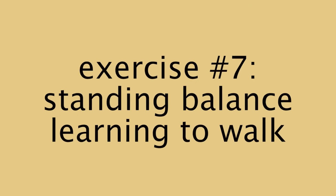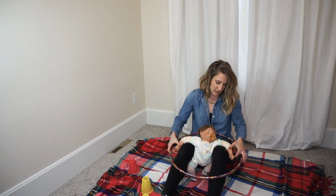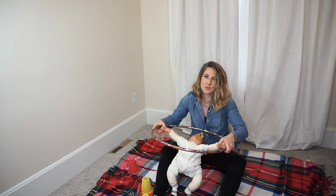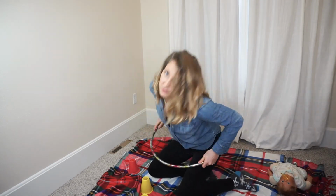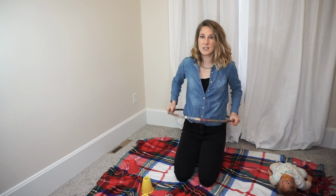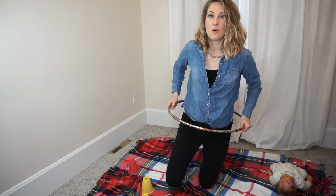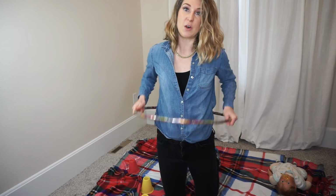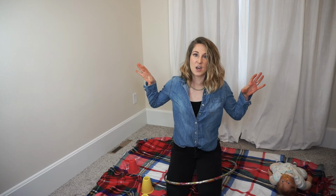The next thing you can do is more for kiddos who are learning to walk. If you have a kiddo who's standing, you can get in here, they can hold the hula hoop, and you can walk with them. So that obviously doesn't work because I don't have enough hands. But essentially what we're gonna look at is if the kiddo is here, you can help support them, weight shift them over, they can take a step, weight shift them over, they can take a step. And what the hula hoop does is it allows them to feel secure, they're really close, not in that high guard position